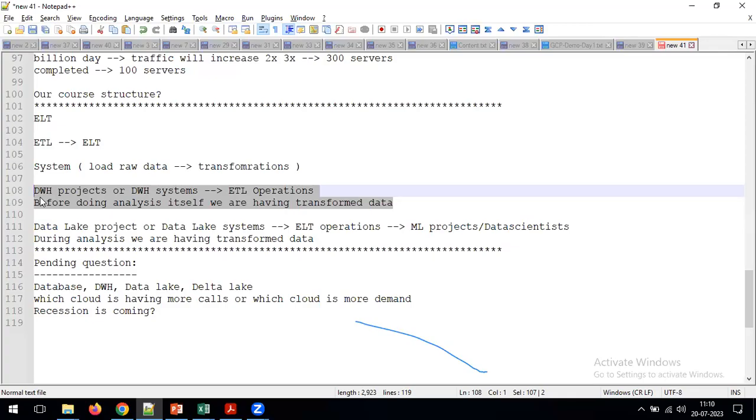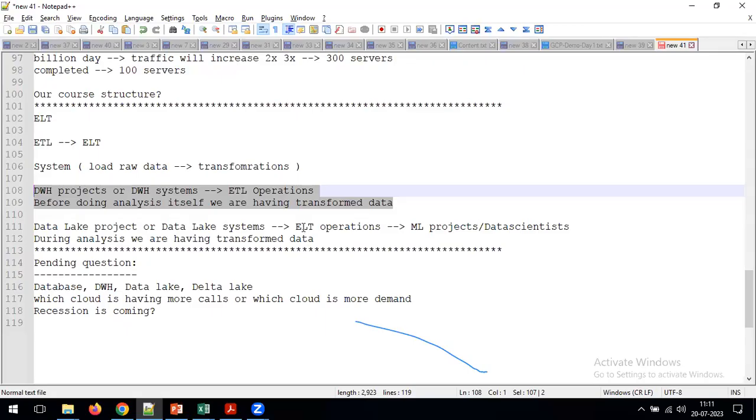But coming to the data lake system, what I am asking now is: they transform the data and then load? They load the extracted data, or the aggregated data? We say that they load aggregated data in the data warehouse system. Or if we are working on that ML project, our ELT is extract, load, and transform. So after transformation, we need to load that data, then we perform analysis with any Power BI tool. Okay, your point I understood.